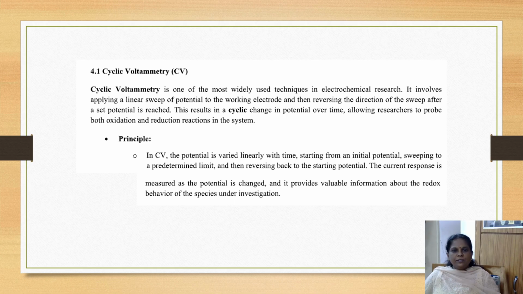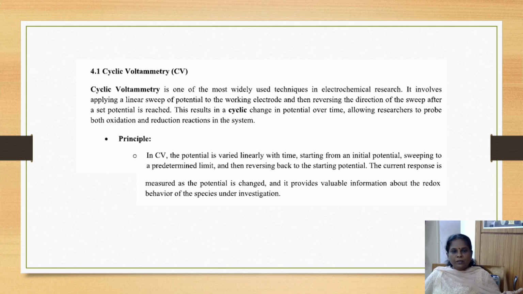Cyclic voltammetry is one of the most widely used techniques in electrochemical research. It involves applying a linear sweep of potential to the working electrode and then reversing the direction of the sweep after a set potential is reached. This results in a cycle. This results in a cyclic change in potential over time, allowing researchers to probe both oxidation and reduction reactions in